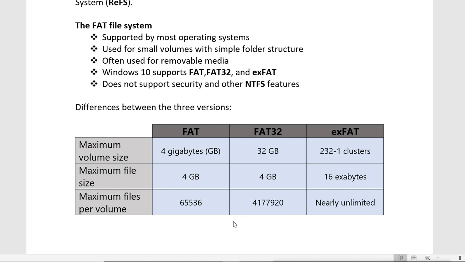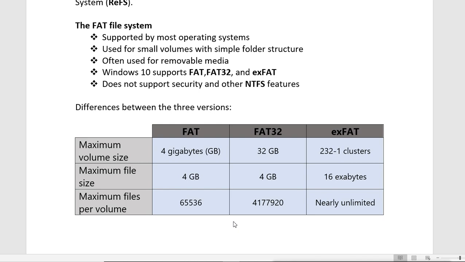So first, maximum volume size. Now FAT supports 4 GB. It was a very old file system. Then FAT32, which is actually FAT 32 bit, supports 32 GB of maximum volume size.